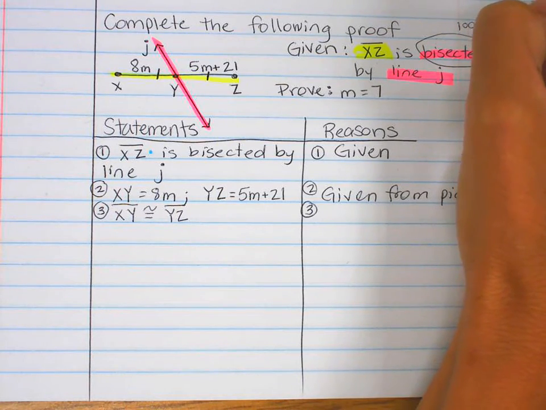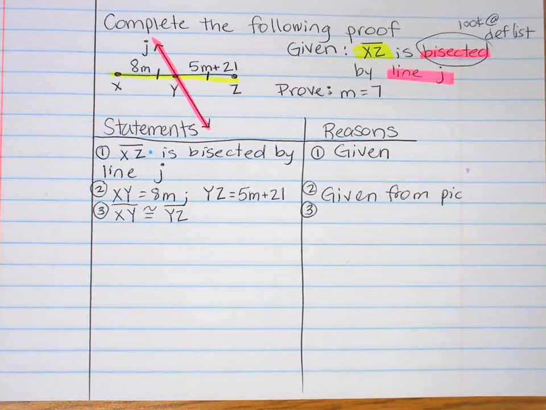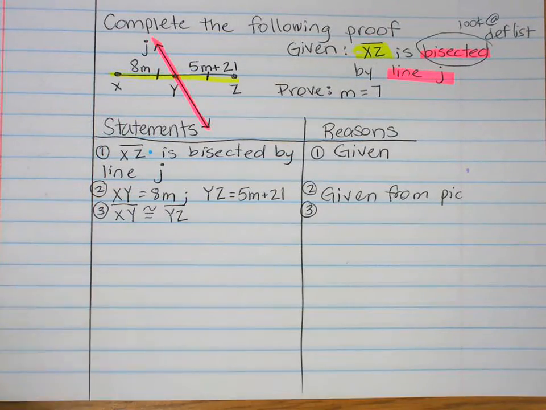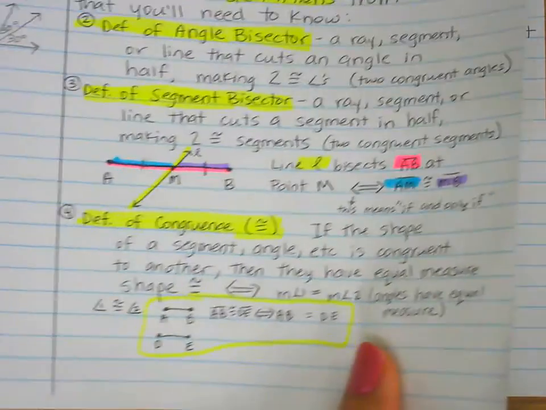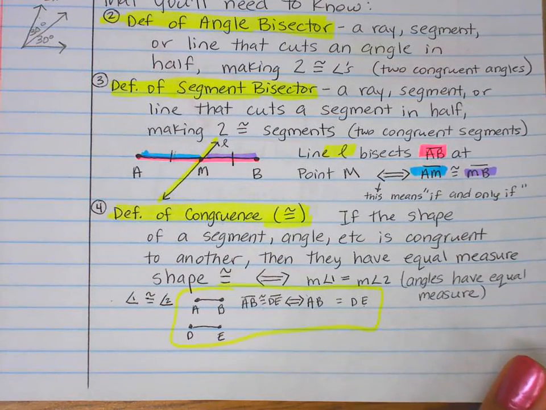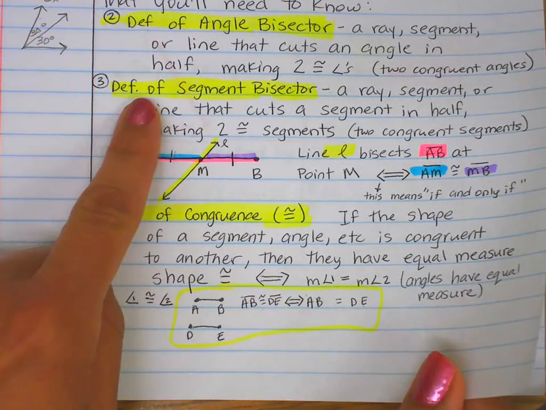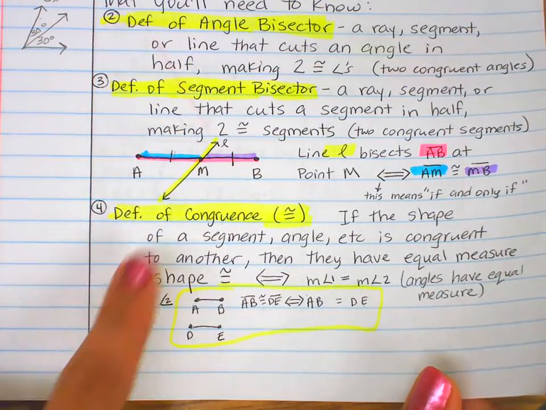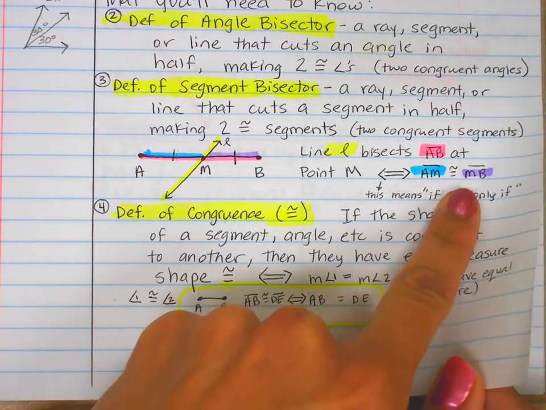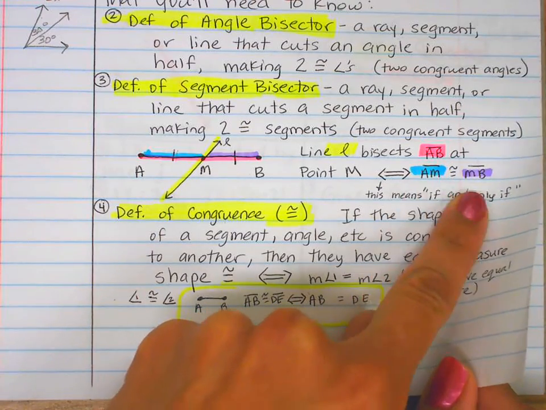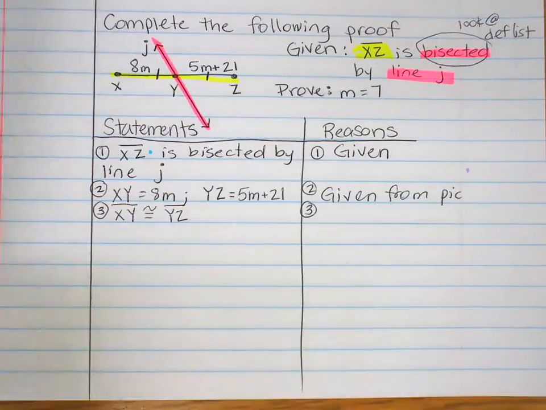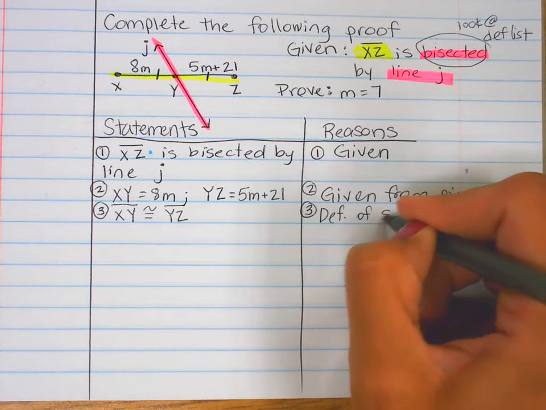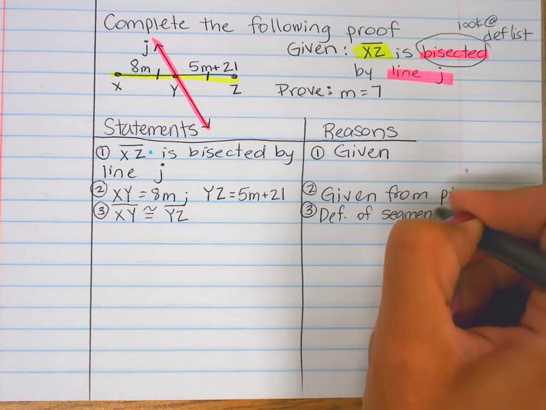Definition, I'll just put list. Oops. Look at definition on the list. So that is definition. I'll actually show you guys what you write is exactly this, definition of segment bisector, but we can say def for short. So that's what it says, that those two segments are congruent. See how it even looks the same? It looks the same like how I wrote it. All right, so def of segment